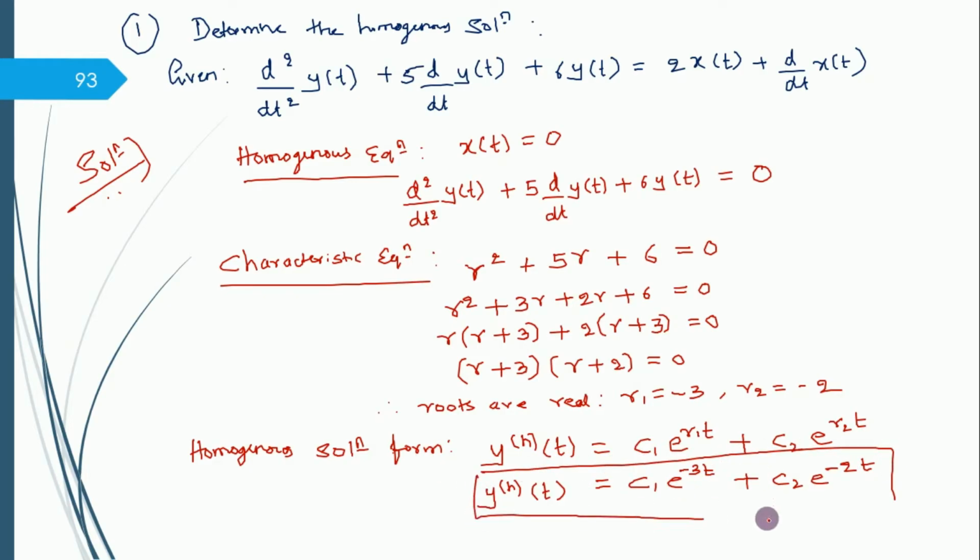Very simple. Okay. So in this fashion, we go on solving the next example. The second example goes like this. Again, the differential equation has been given. You should determine the homogeneous solution, but there are some initial conditions given here. Let us see. The given equation is d square by dt square of y of t plus 2 into d by dt of y of t plus y of t is equal to 0. This is the given differential equation.